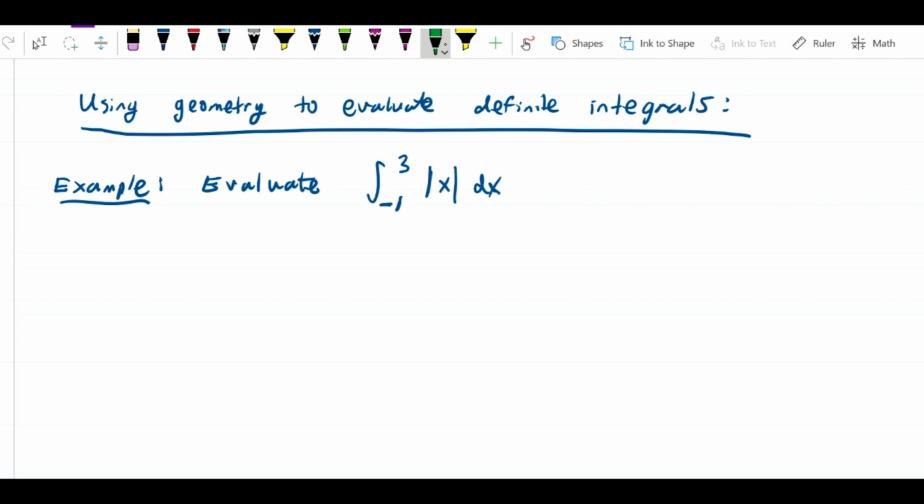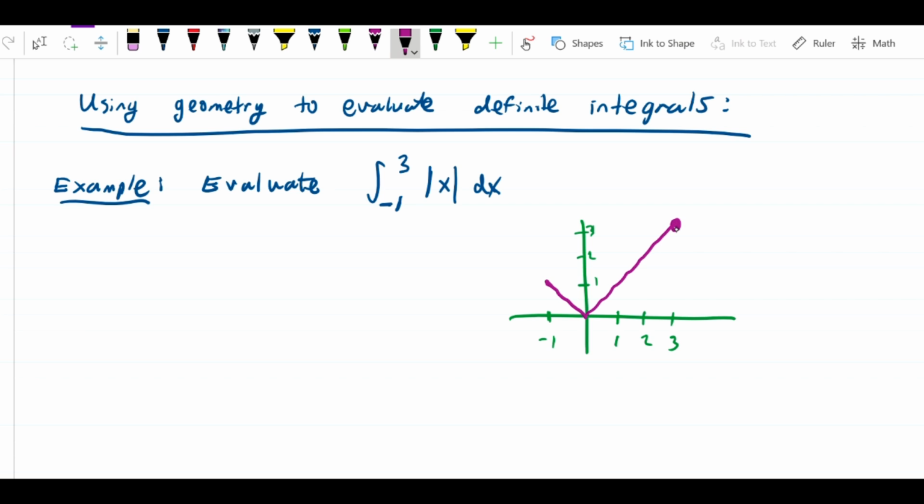So first thing you'd want to do, since we don't yet know how to evaluate this, is actually draw the graph of what we're trying to integrate. Okay, so this function, absolute value of x, on the interval -1 to 3 is going to look like this. It's going to go down there, hit a vertex at the origin,